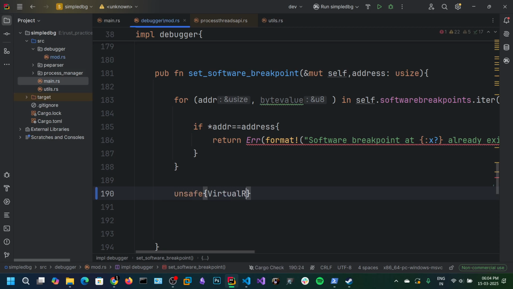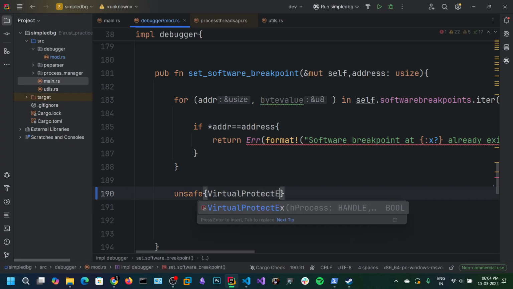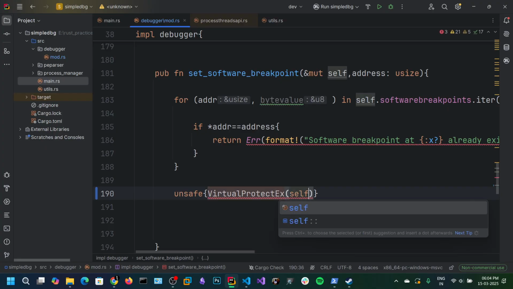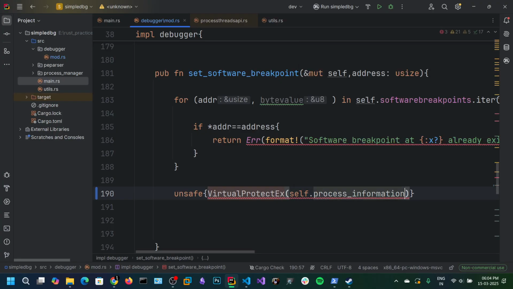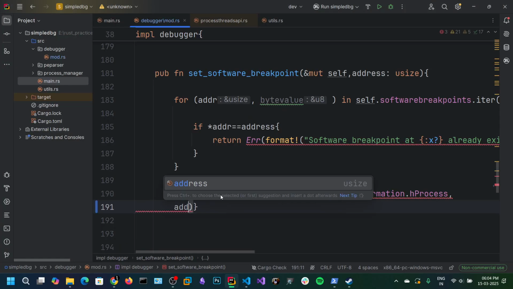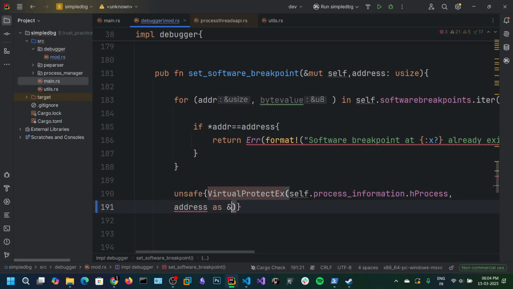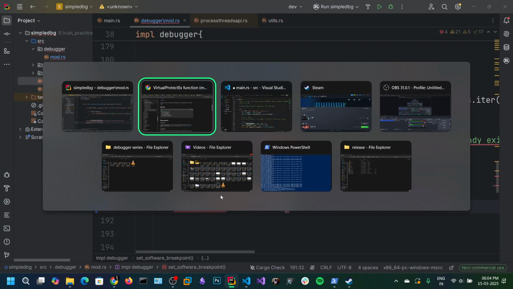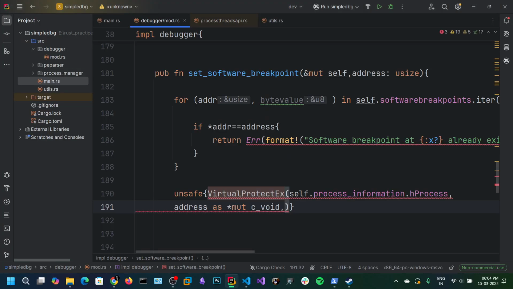VirtualProtectEx. The process handle we already have in self.process_information.hProcess, then the lpAddress, our address, and the next one is size. Obviously the size is 1 because we are going to modify only 1 byte,